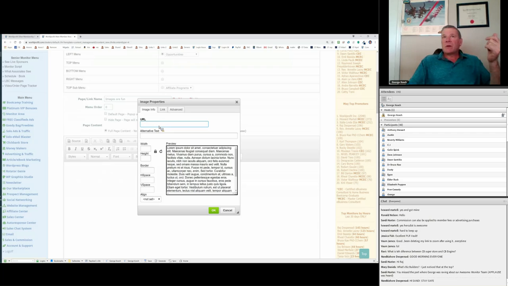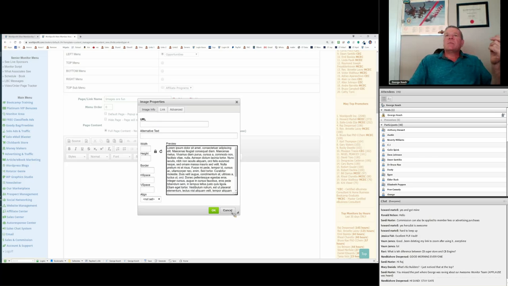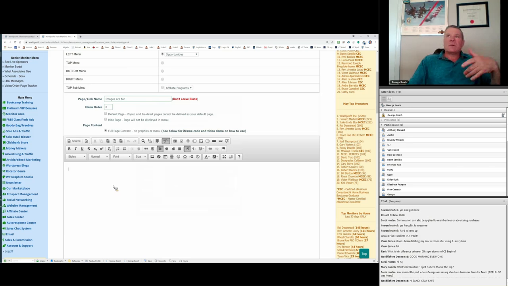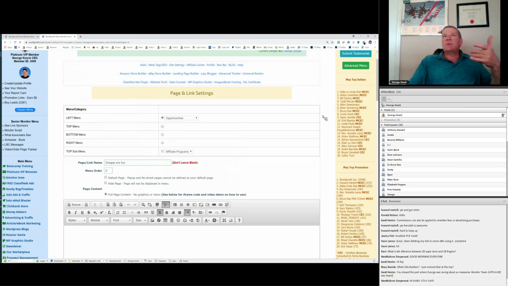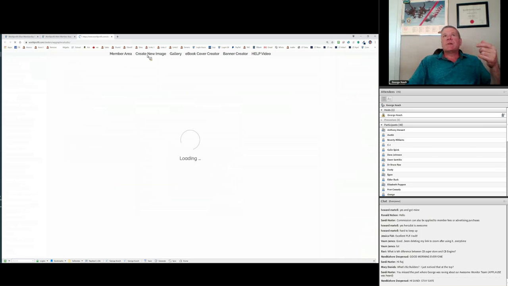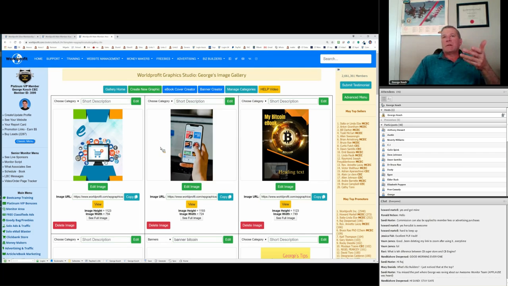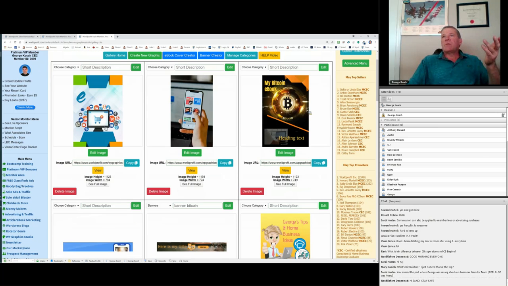You see that where it says what's the URL to the image, and if somebody clicks on the image, where do they go? And then there's some advanced stuff, style tags and things like that. I've never used that. Okay, so you've got this, but there's also another thing. For example, if you were to say, listen, I want an image from my graphics studio. So you could say, let's open this in a new tab, and it will come up, and I'm just going to go into my gallery here. And I'm going to have a pop-up to this. Say that I wanted to have this image here. You know, I wanted to do an image, say I want to do a really neat Bitcoin thing